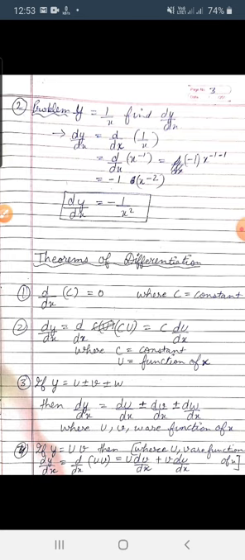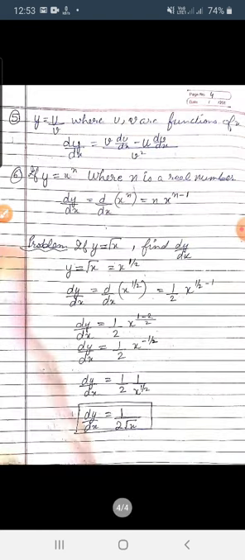Now y is equal to u into v. Now it is the multiplication property. Now the formula given is this. We understand this. dy by dx is equal to d by dx of uv. Firstly, the first variable u is written in front of dv by dx, and v is written in front of du by dx. Okay, it is the formula, so understand this formula.